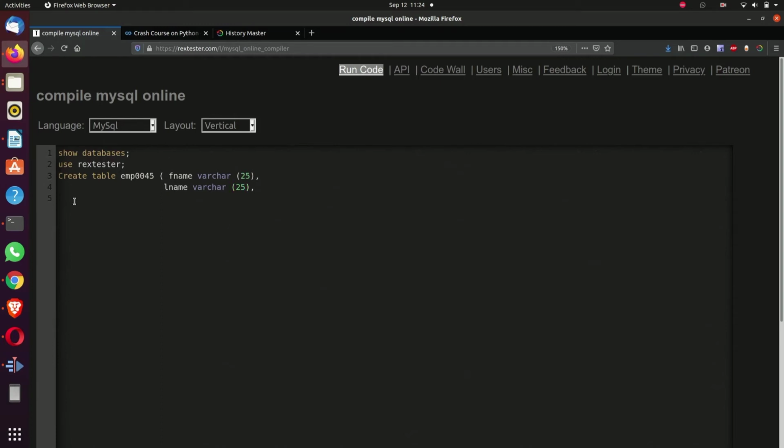Let's go for the salary. Salary can be in decimal, means 50.22 or 5000.56. So we will use the data type decimal in the bracket 5, 2. Means the decimal can be allowed till 2 points, means after the point only two digits can be allowed. So we'll put the comma, and next we will go for address. Let's put the limit of 50.